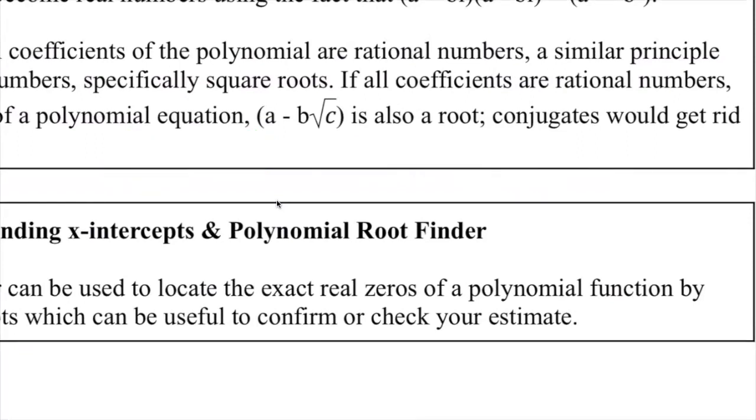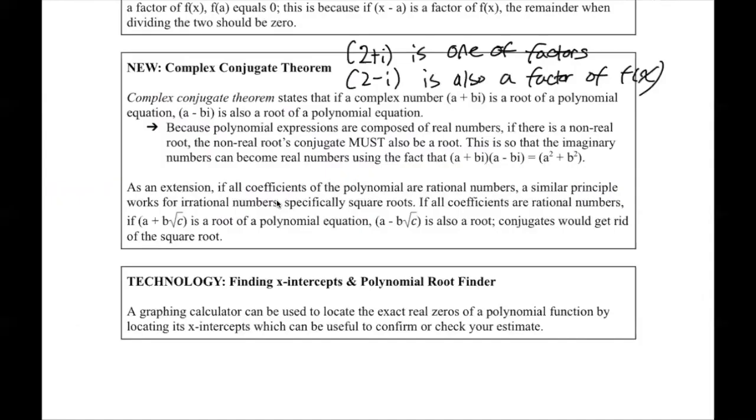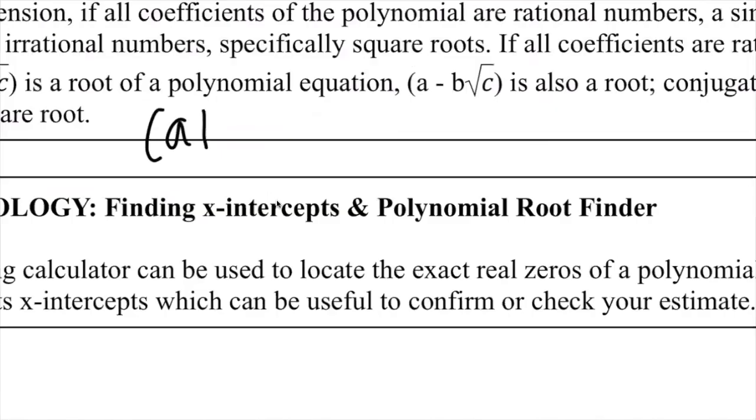You will see zero questions that have a coefficient with an imaginary number. That's not going to appear within AP Precalculus at all. So because all coefficients are real numbers, it's impossible to have a single complex root. Therefore, if a plus bi is a root, a minus bi should also be a root, because if they are conjugates, if you multiply them,